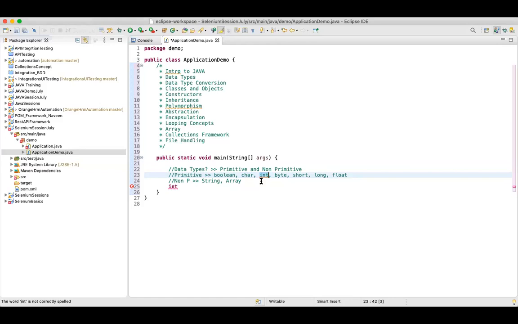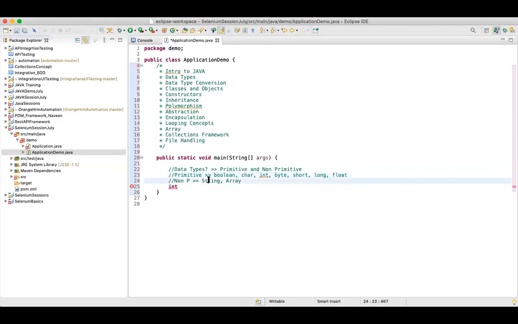If you want to store an integer, you can simply store it in your integer. In a similar fashion, now let's say your integer value is too big, a very long number. Then we have long. And for other things, let's say you have something with decimal places, which integer and long do not support. For that purpose, we have float.